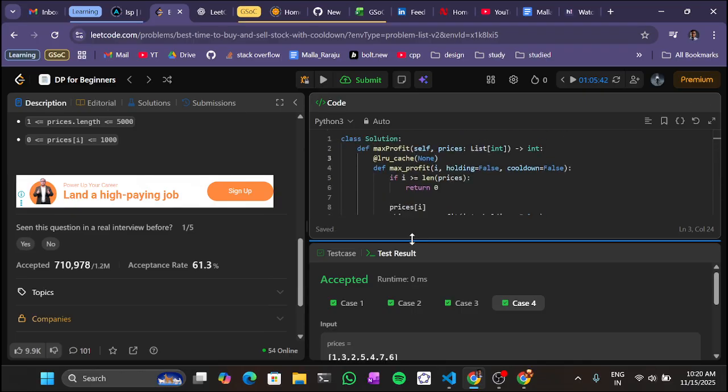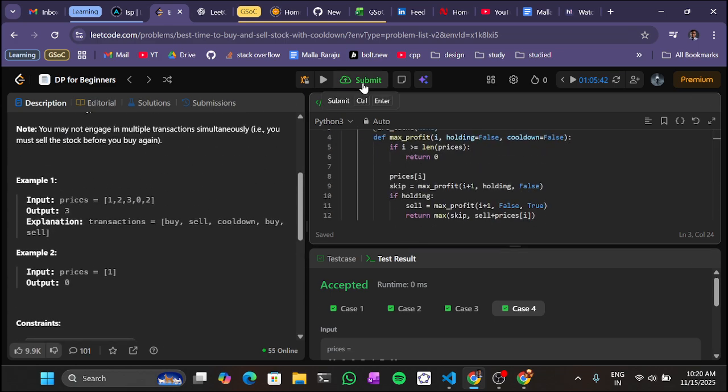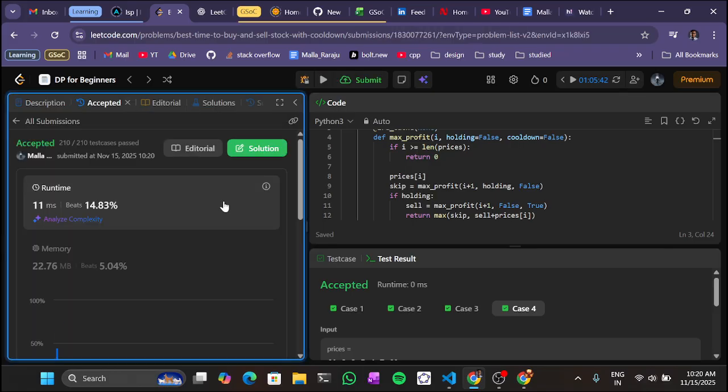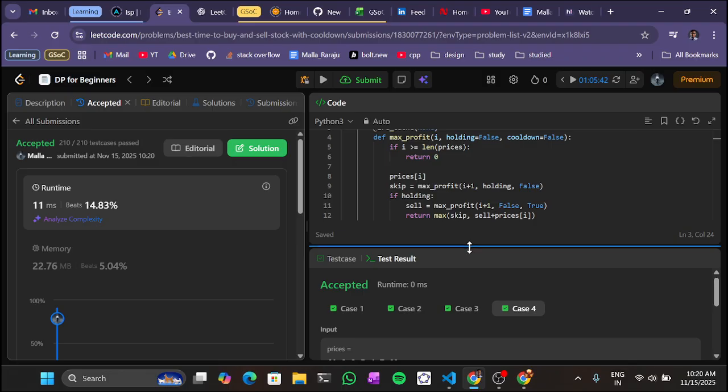Let's try submitting it. If it works fine, let's start discussing the intuition and see if there are any optimal solutions other than this. Seems like it is the optimal solution, and what we are doing here is